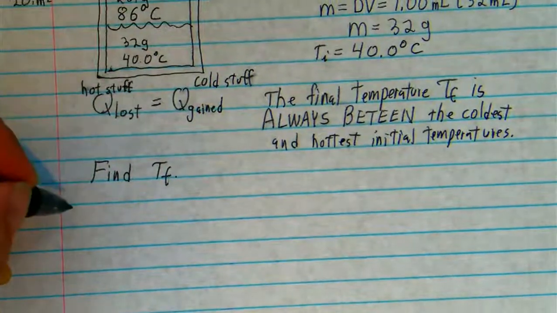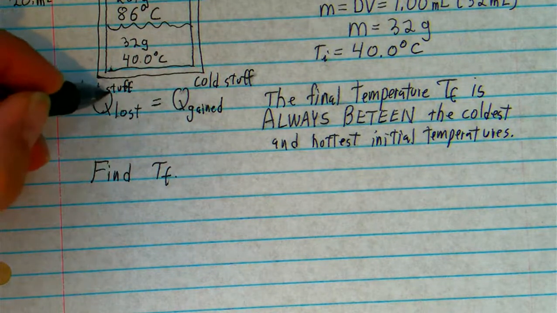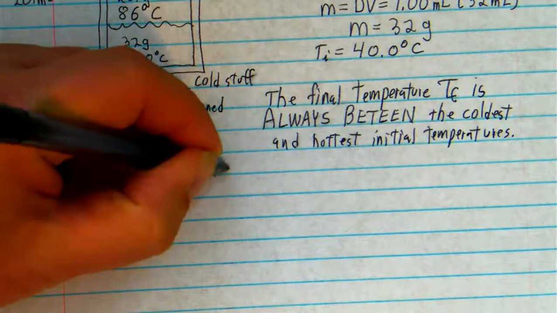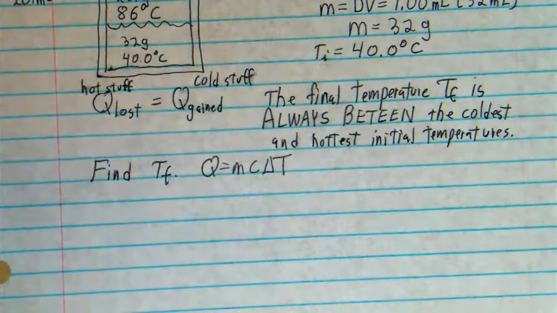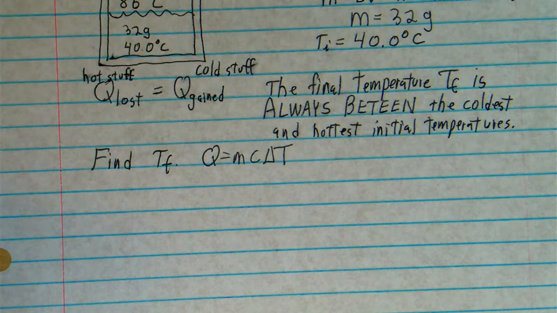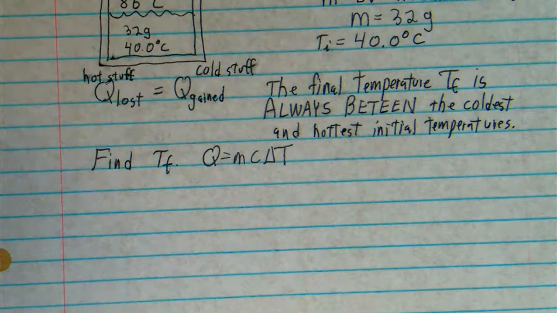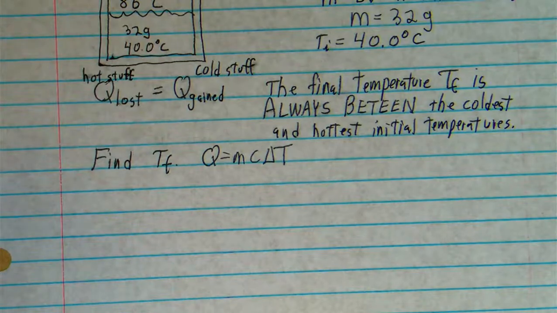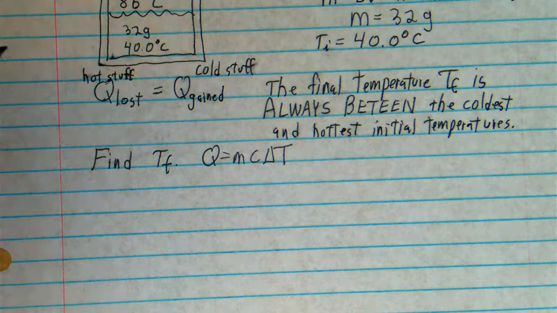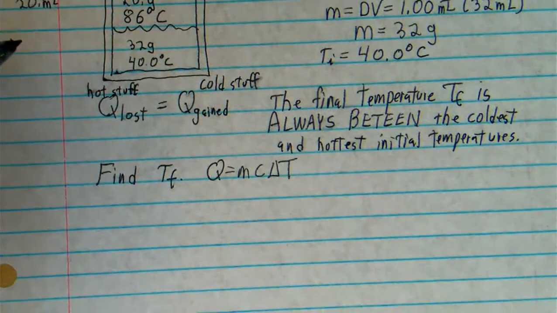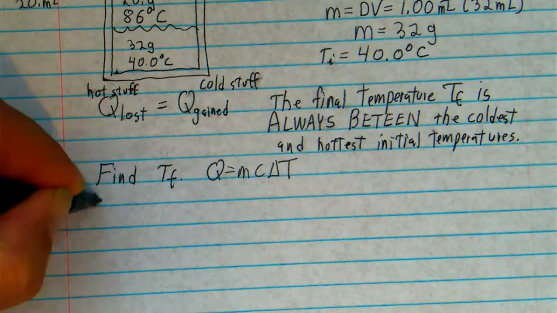Mathematically, I'm going to do Q equals mc delta T, and I'm going to apply it to both the hot water and to the cold water. I'll put one side on one side of the equal sign, and I'll put the other stuff on the other side of the equal sign. Doesn't matter to me which one you do first, hot or cold. I'll just do the hot one first. So for the hot stuff,